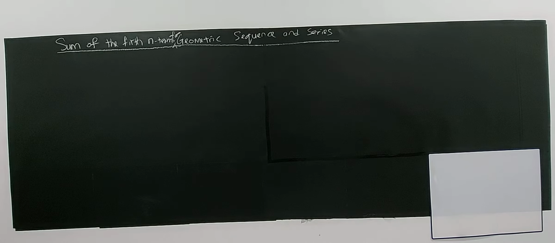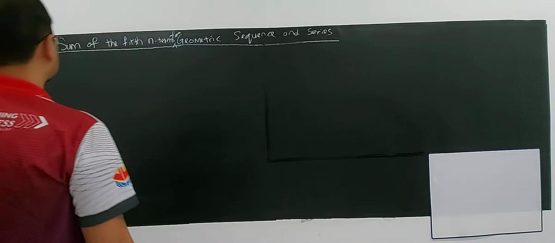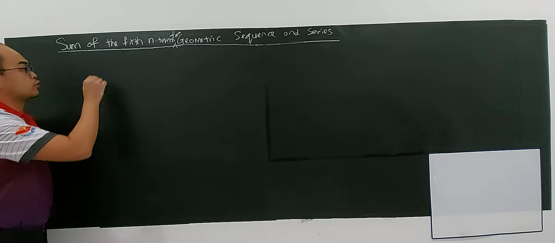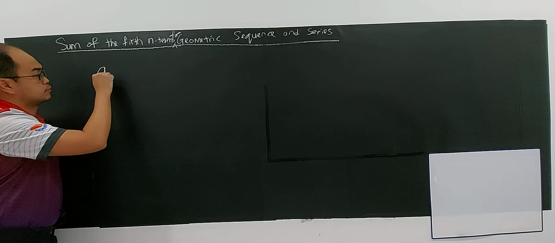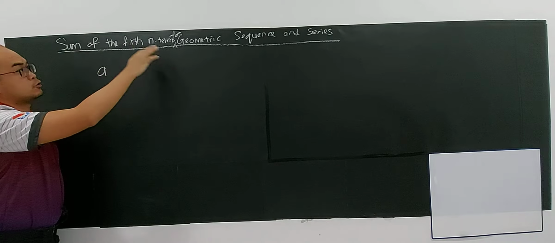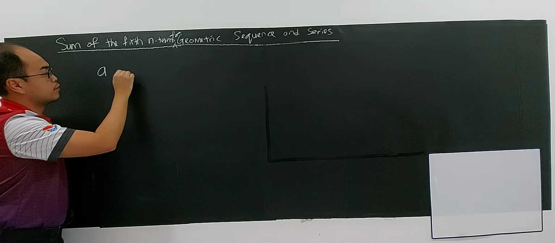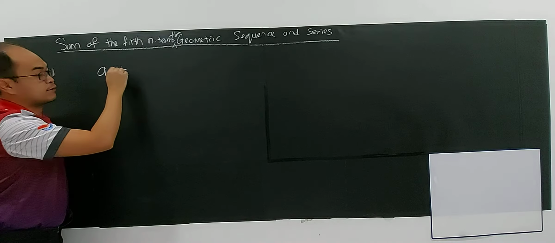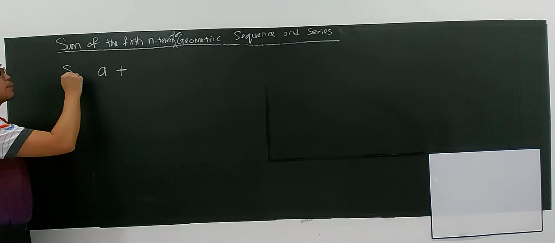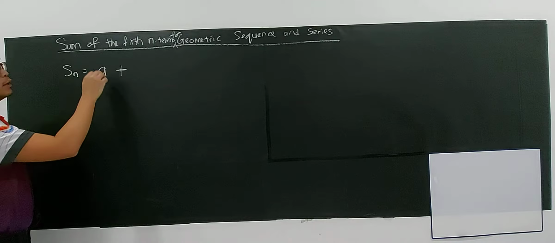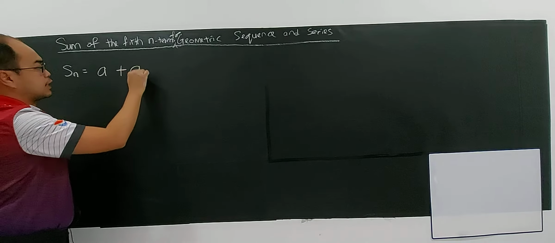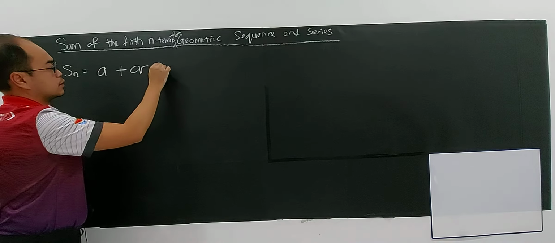Alright, for this video we're going to talk about the formula for the first n terms of a geometric sequence, or a series. If you have a geometric sequence, you have the first term to be a, right? Followed by, let's say I write a series, I want to sum up. Sum up means I sum the first term, the second term, the third term,